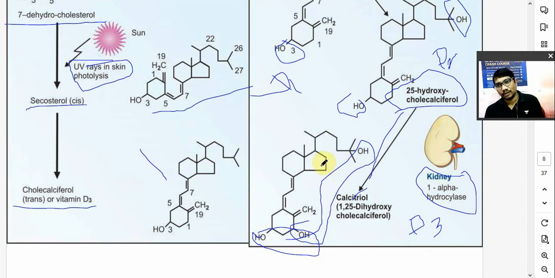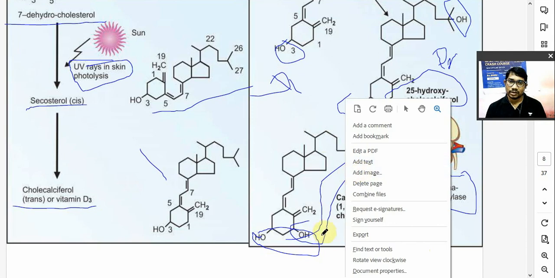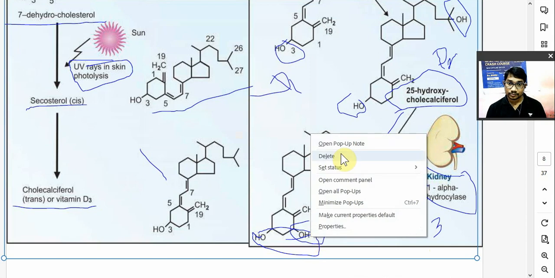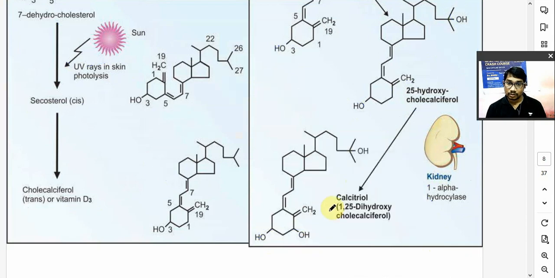Are you getting it or not? Do you understand? So that is the active form. It is synthesized in the kidney, and vitamin D is synthesized under the skin. That's why it is known as the sunshine vitamin. Now, vitamin D2 and D3 are not active as such, and they are converted into the active form in the